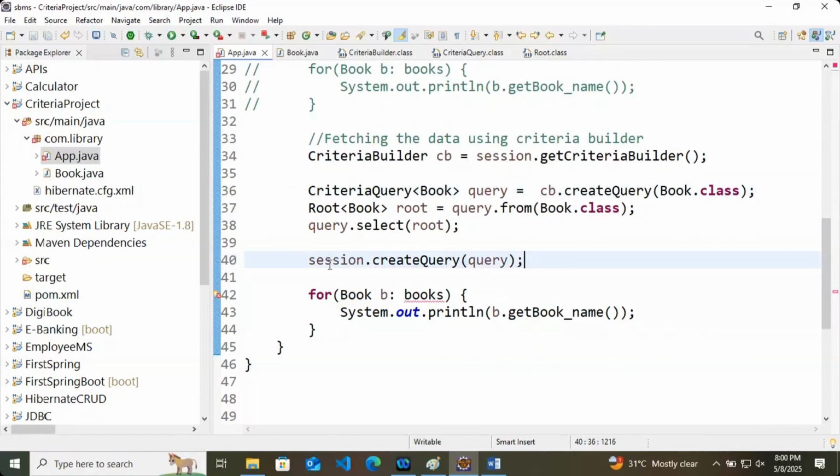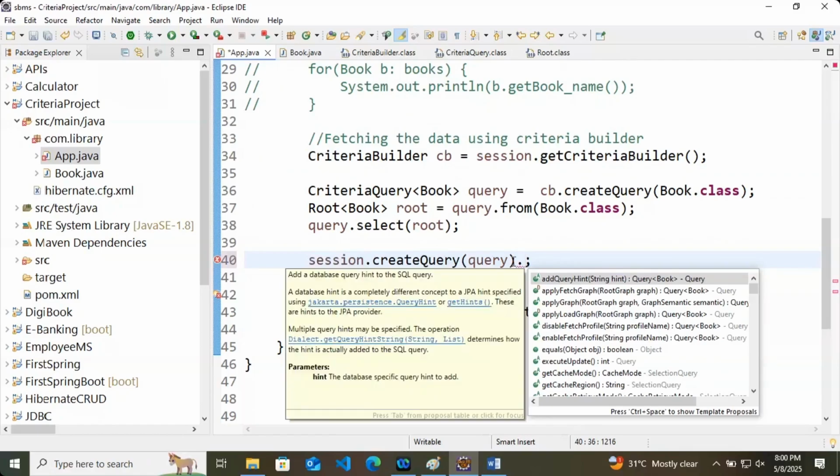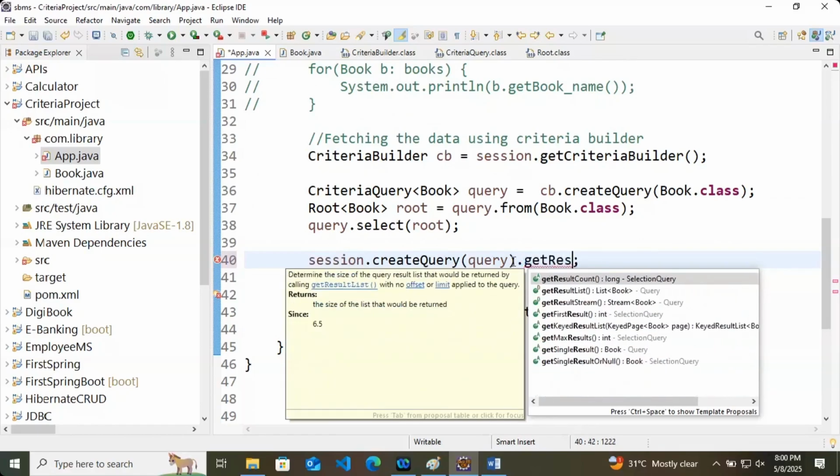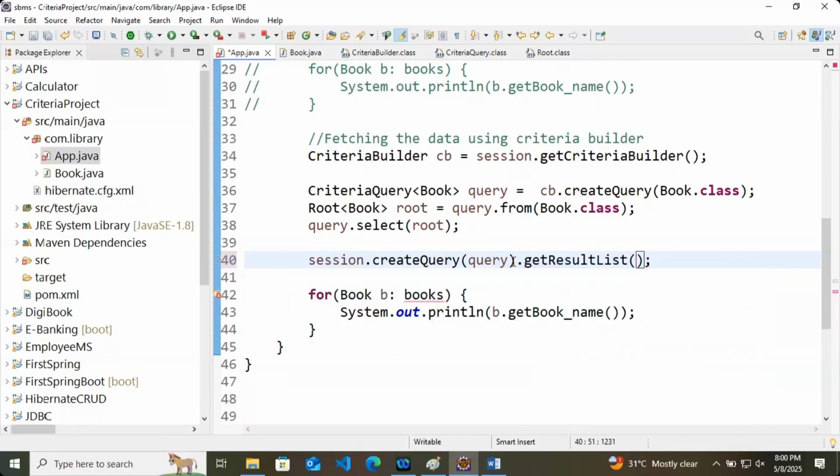Now inside this there is a method, that is get result list. So I am doing the get result list, so that this criteria query is giving me the result list. Now as the return type becomes list here, you can accept it in a list of type book in a variable books. So like that you can store and you can print as well.